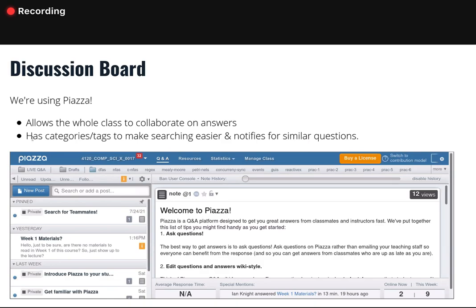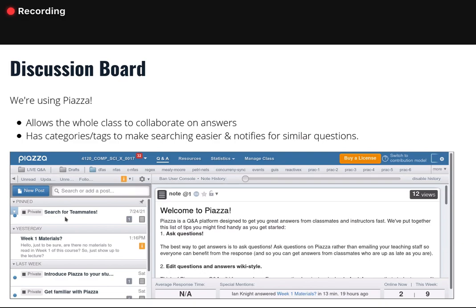Okay, we're using Piazza for our class discussion board. Hopefully most if not all of you have used Piazza before. Piazza has a bunch of nice features that make it really nice to use. You'll find Piazza linked on the left side of my uni, so if you're going to ask a general question or a question about a specific topic, hop on over to Piazza. You'll find the link on the left side of my uni instead of discussions.